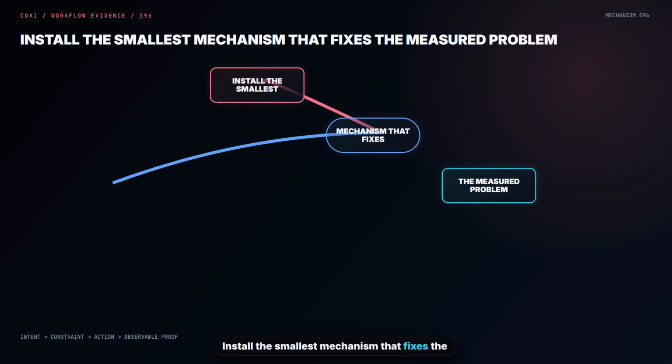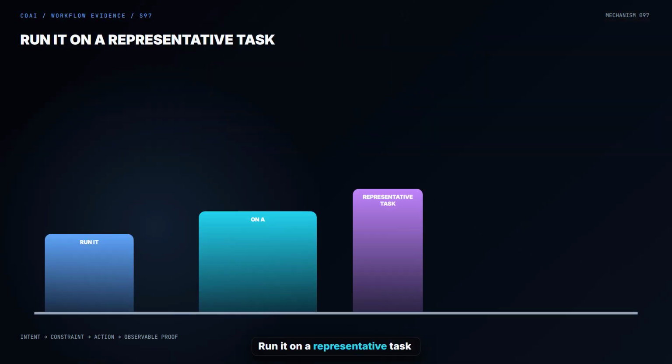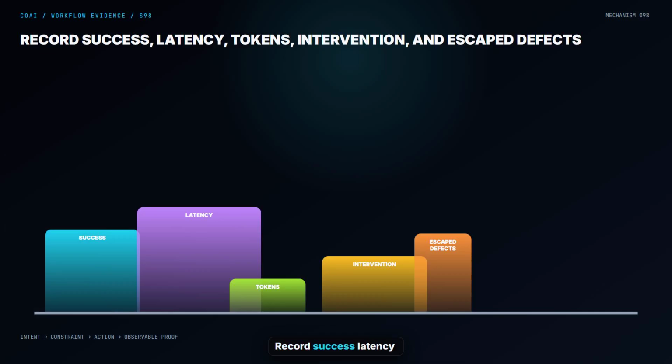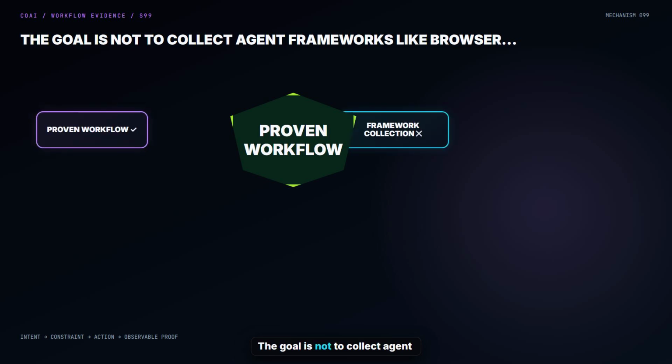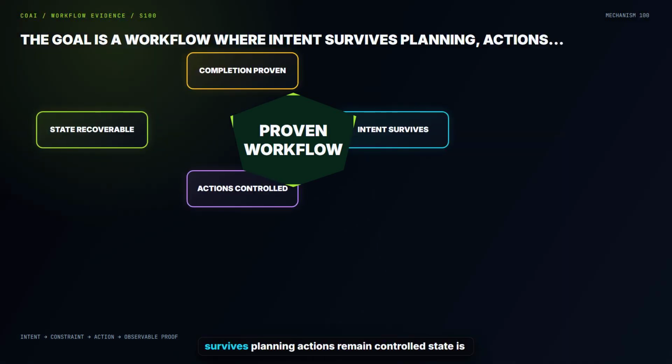Install the smallest mechanism that fixes the measured problem. Run it on a representative task. Record success, latency, tokens, intervention, and escape defects. The goal is not to collect agent frameworks like browser tabs. The goal is a workflow where intent survives planning, actions remain controlled, state is recoverable, and completion is